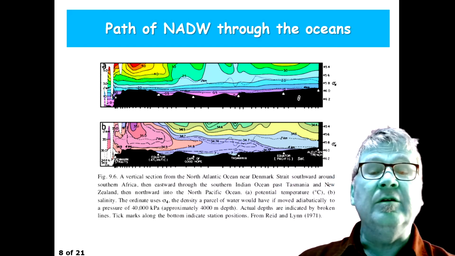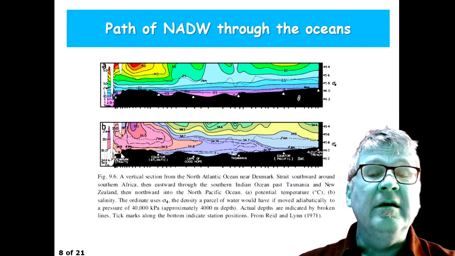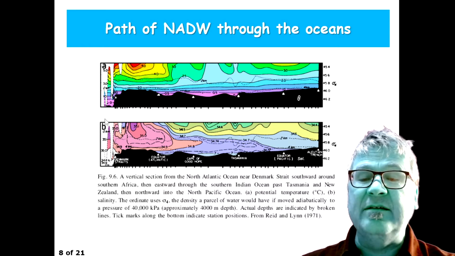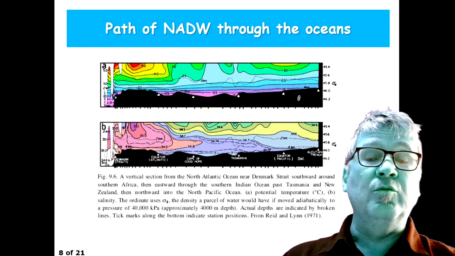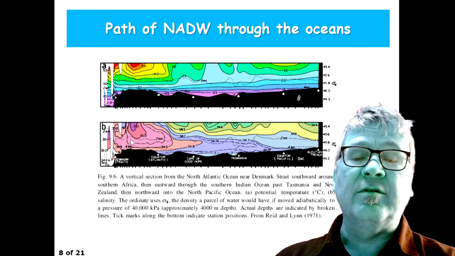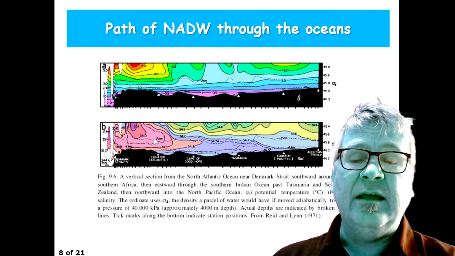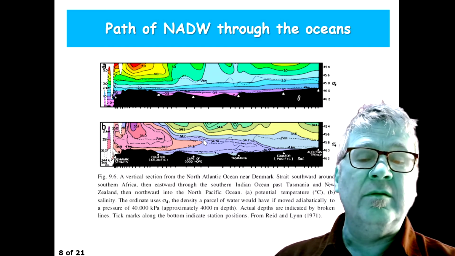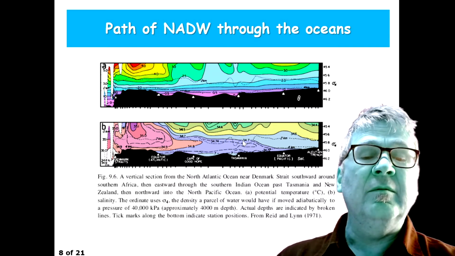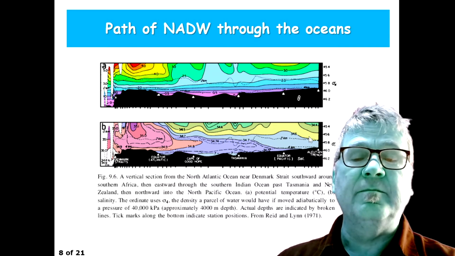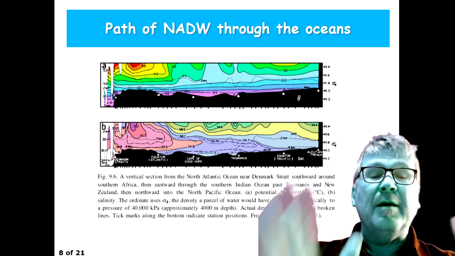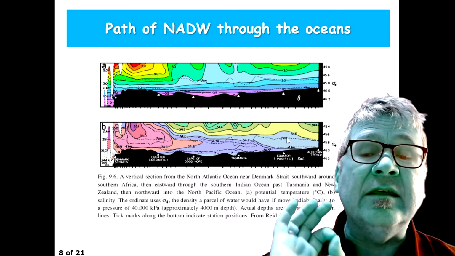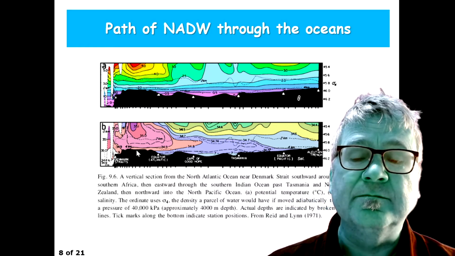What's shown here? You start on the left, in the Greenland Sea, where the Denmark Strait is, and then you are in the North Atlantic, and you move across the equator to the South Atlantic, and then go along the Southern Ocean, passing the Cape of Good Hope, Tasmania, moving across the equator into the North Pacific. And along most of the pathway, you can identify the salinity maximum at depth of the